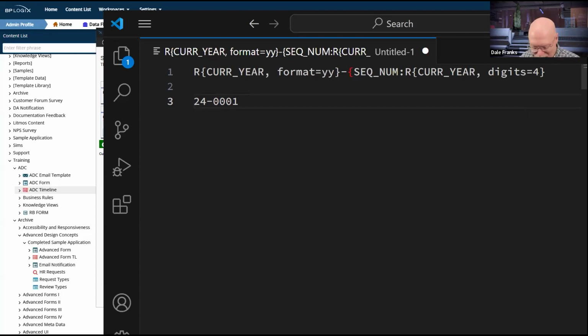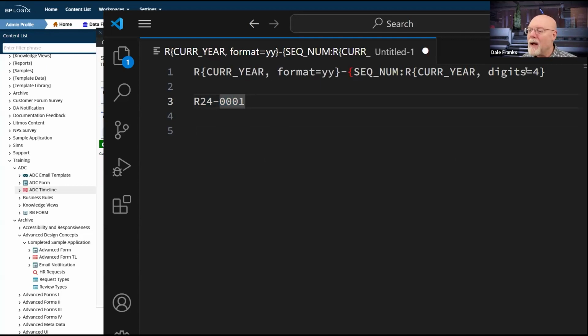I have caps lock locked. Keep locking caps lock, not hitting shift. So there we go. That's what I want my format to be. So this will tell me it is a request from 2024, and it was request number 1 of that year. And then next year, of course, it will start all over again.